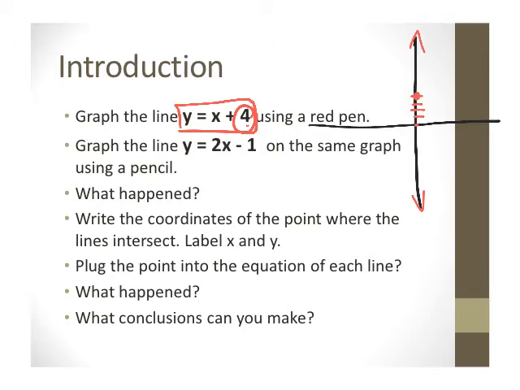Now, in order to do x, we have to imagine that in front of it, it has an invisible 1 over 1. Basically, it's going to be a fraction. So we're going to go up 1 over 1. It's going to be somewhere right here, and I'm going to make another dot,